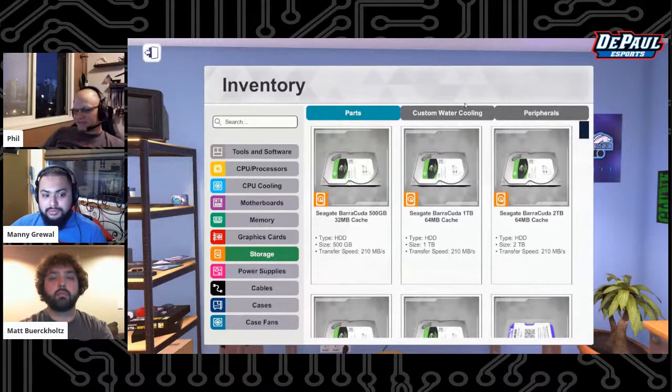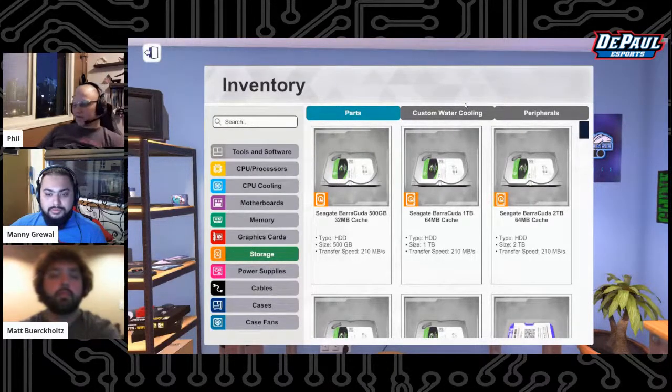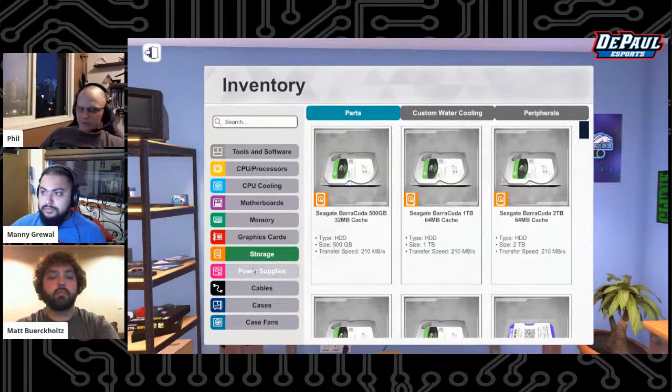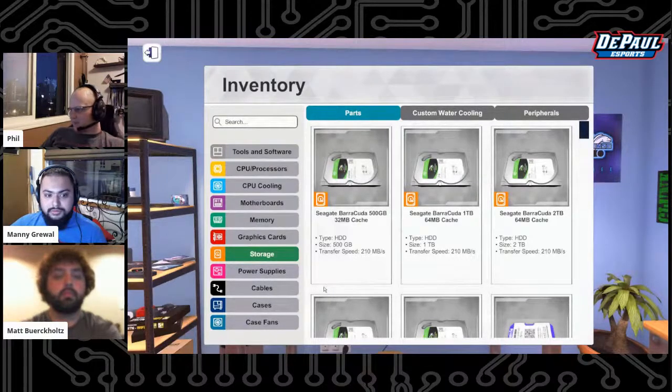Yeah. Basically, it's a very simple trade-off: speed for capacity. So if you take two things of the same price, a hard drive and a solid state drive, the solid state drive is going to be much faster but not have as much capacity. The spinning disk hard drive will have a lot more capacity but will be much slower. So, as Manny said, you typically save that for data storage, music, movies, documents, that sort of thing, and then put your games and your operating system on the solid-state